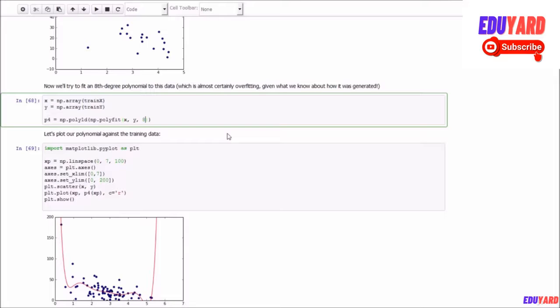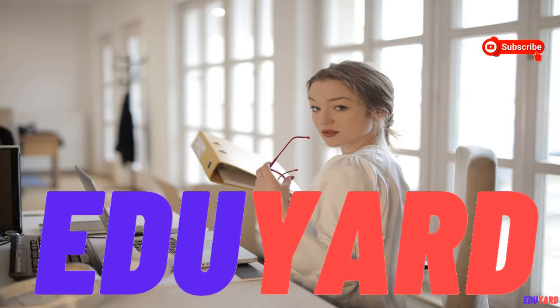So where do you get your best R squared score for your test data? What degree fits best here? Go play with that. If you have any problems, post in the description, but it should be pretty easy and a very enlightening exercise for you. Have some fun with it.